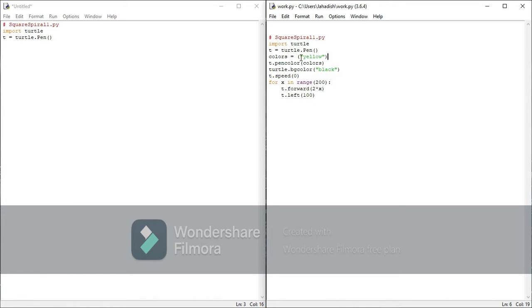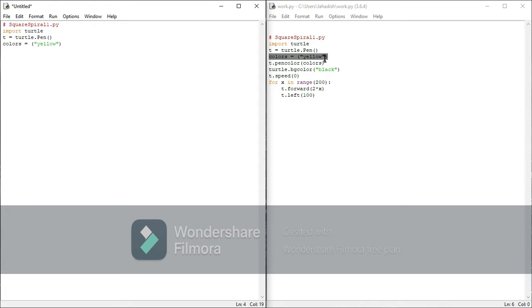Now colors is equals to yellow. So type some colors if you know. You can use any color you want, your favorite, anything you want. I'll just demonstrate with yellow because it looks bright to me. And one more thing, you can see these words in different colors, right? When you're typing the code, the colors automatically get inserted. Here hashtag is in red, this is orange and here yellow. This coloration is called syntax coloration in Python.